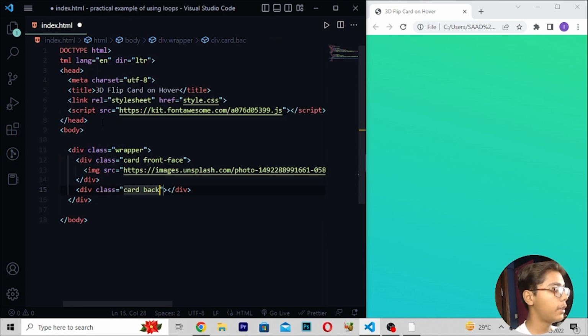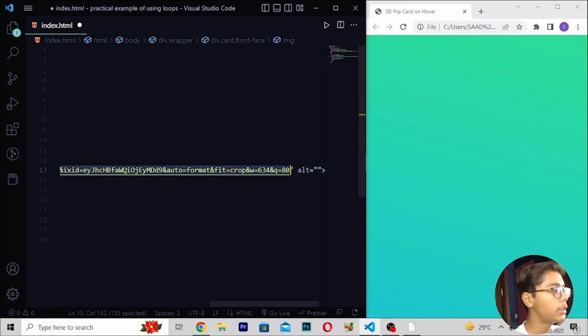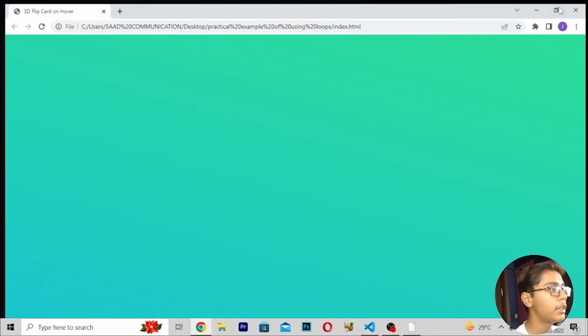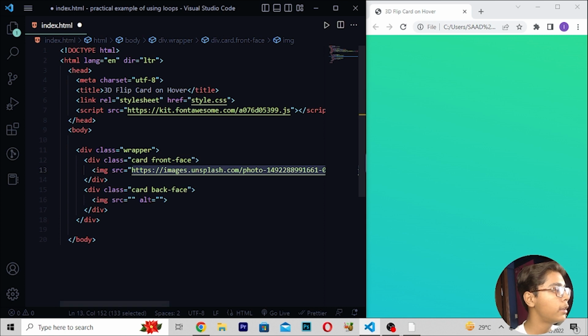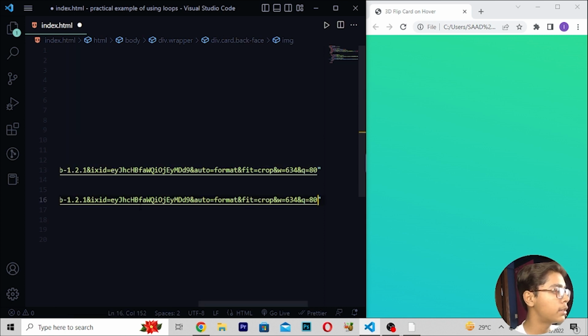Then here I'll be writing backface. Then you have to move down right here image, and after writing this image tag, you have to just do one thing. Here I will be copying this URL which we have written, and then you have to just save this and reload. So when you just save this, you can see we are just getting nothing here, because now we have to just do it at the back also. So you can see this is the URL here, and we have just pasted